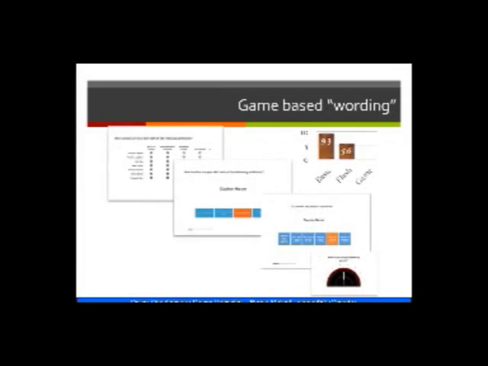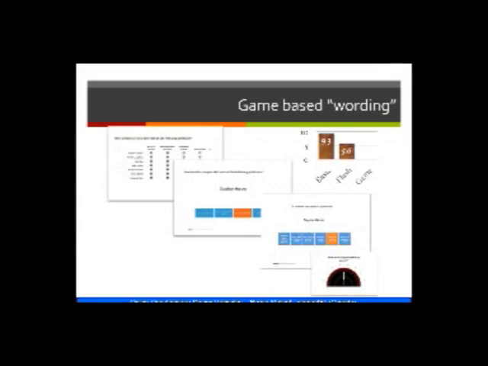And one of the ways that we've approached the learning is also recognizing that the wording, how you actually just change the way you ask the question, can have an impact on certain research fundamentals. So in this case, we're looking at the incidence of straight lining. Remember earlier, if you click the same answer all the way down on the page just to get off and go to the next one, we played with the wording in this case of a game-based one, which is on the bottom right. Instead of simply asking how familiar you are with each of these politicians,